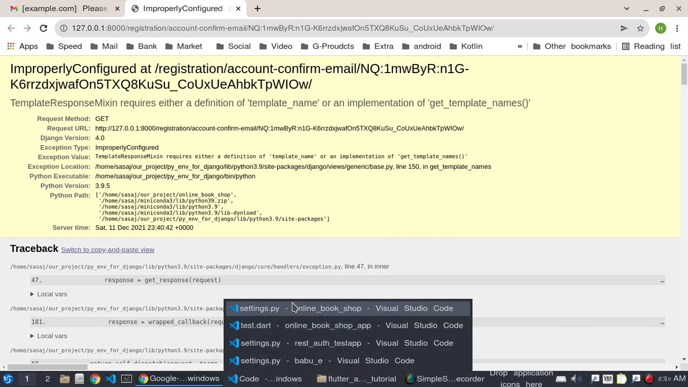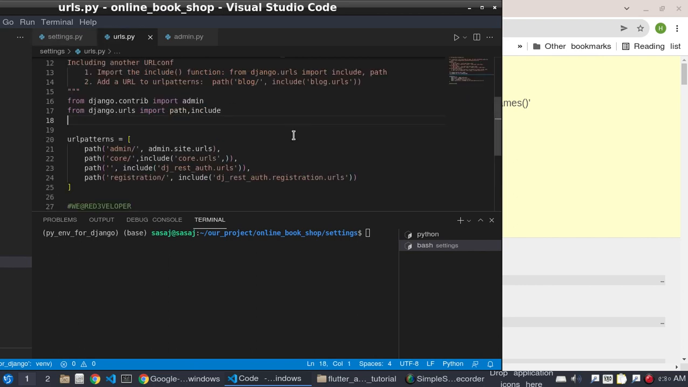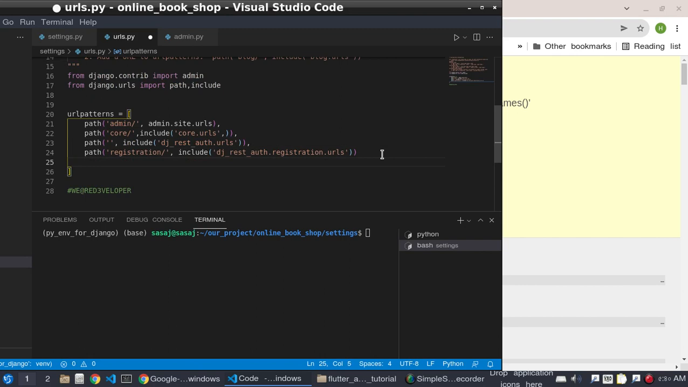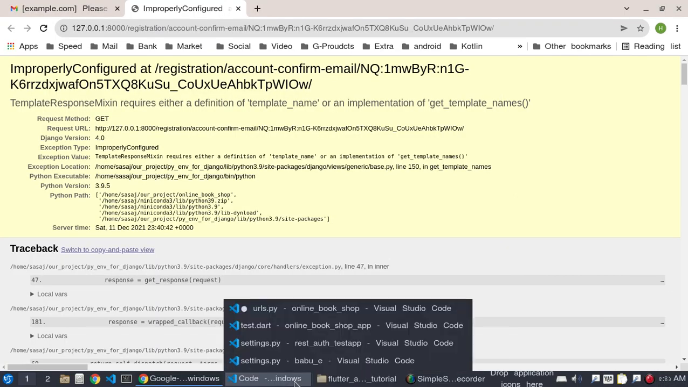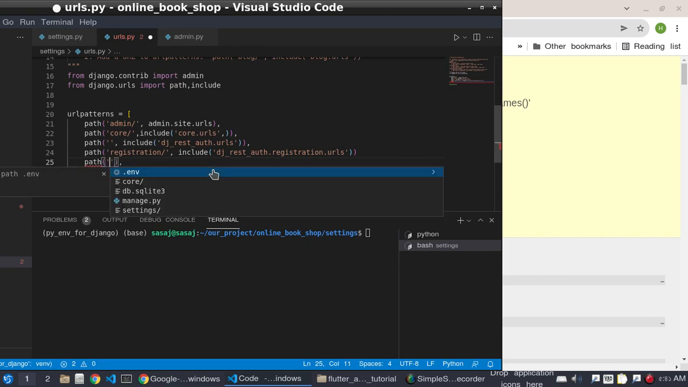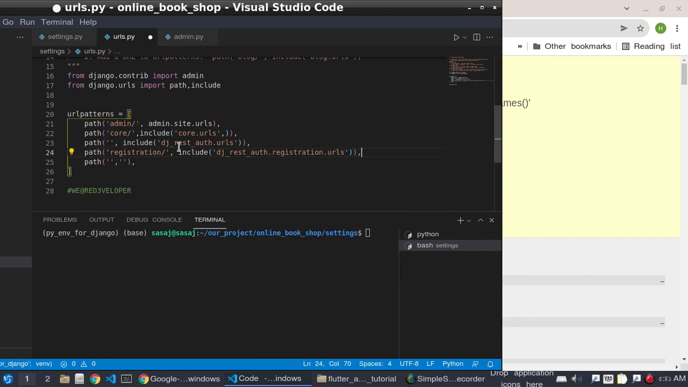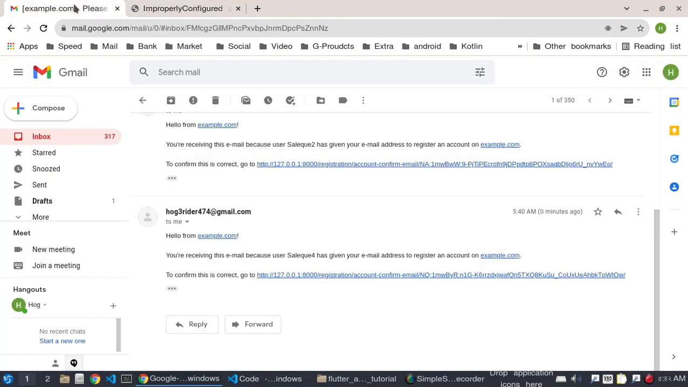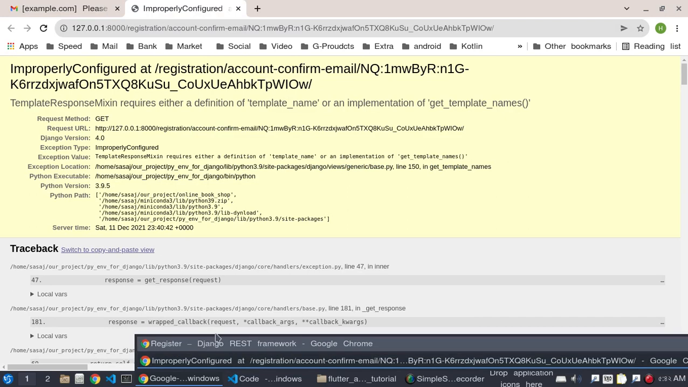To get rid of this error, we will come to the urls.py and add one thing, path, and here we will add, okay, before that give a comma and include, but inside this include we will add allauth.urls, allauth.urls, and here account slash, and I need to do one thing again. Move here and